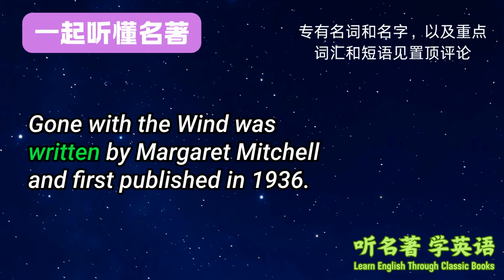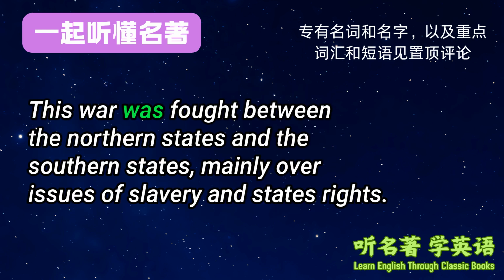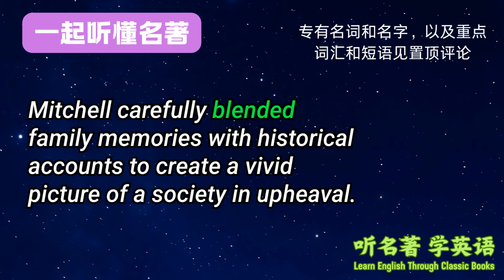Gone with the Wind was written by Margaret Mitchell and first published in 1936. The author drew inspiration from stories she heard about the American South before, during, and after the American Civil War between 1861 and 1865. This war was fought between the northern states and the southern states, mainly over issues of slavery and states' rights. Mitchell carefully blended family memories with historical accounts to create a vivid picture of a society